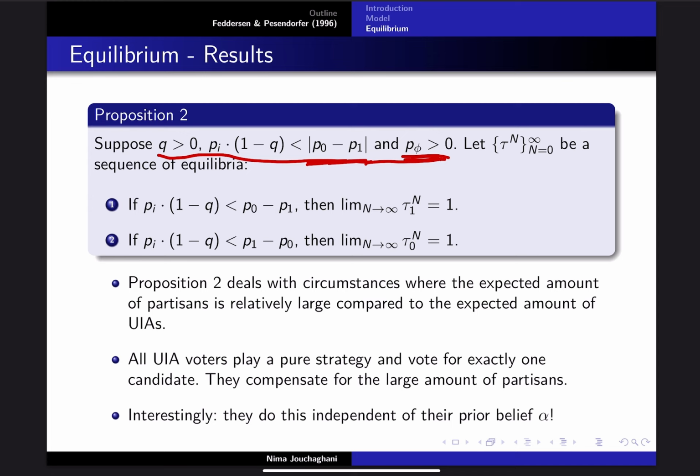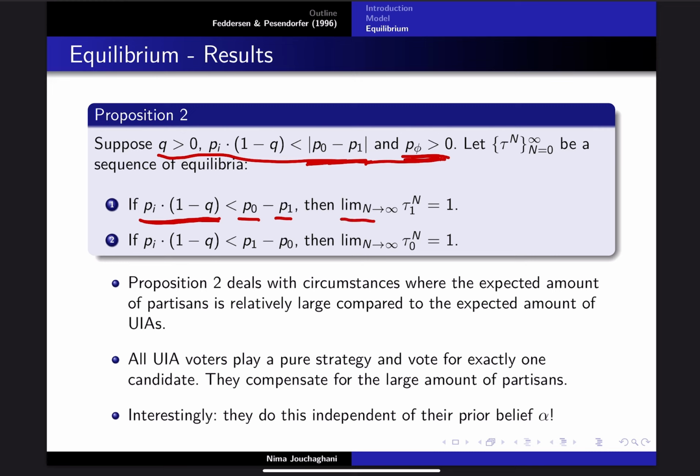So there are some agents who do not get selected. And so if those conditions hold, what we have is the following in large elections. The first part of proposition 2 is: if the number of partisans of candidate 0 is much larger than the expected amount of independent and uninformed voters and of partisans for candidate 1,